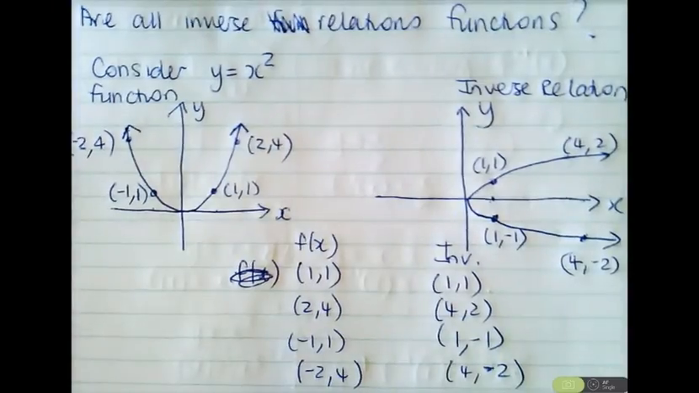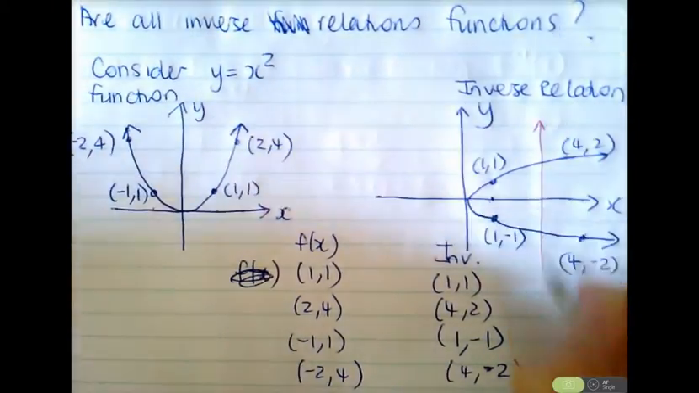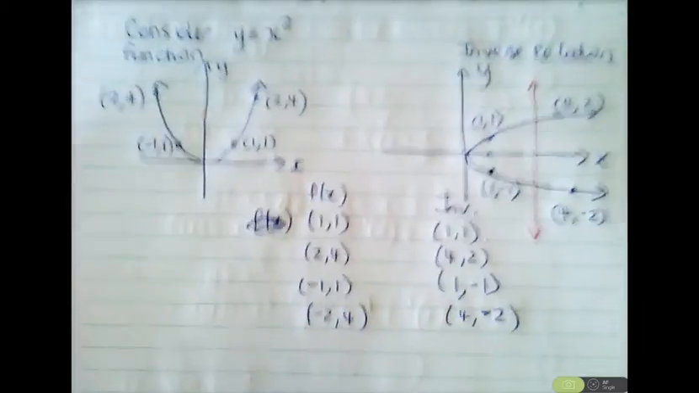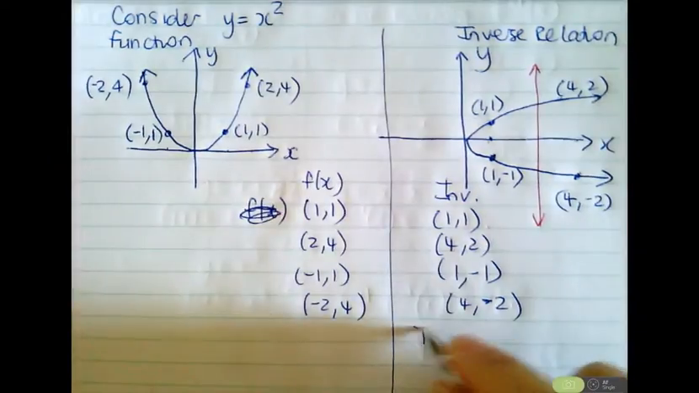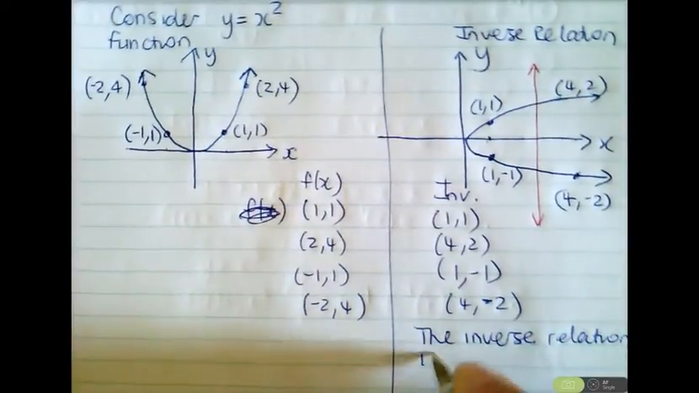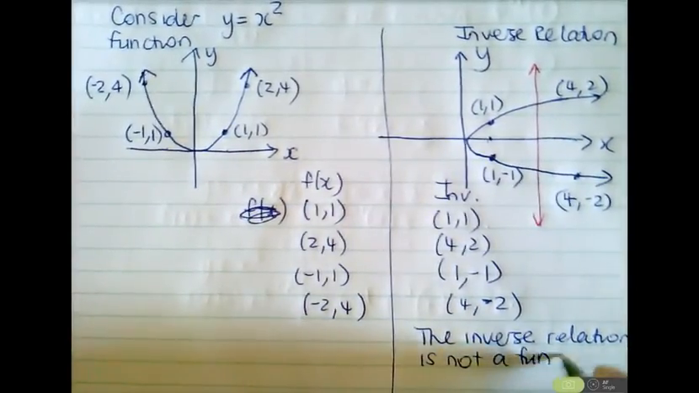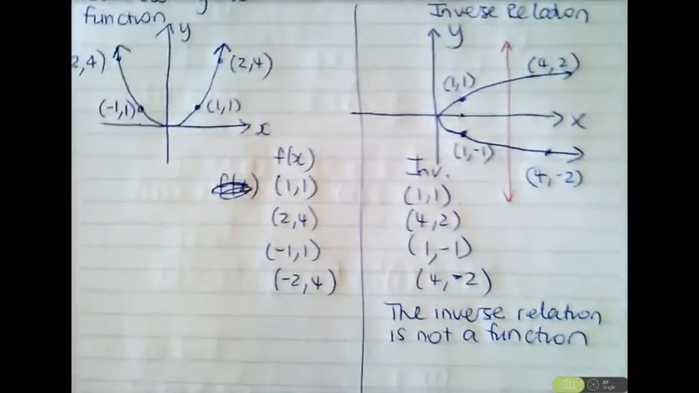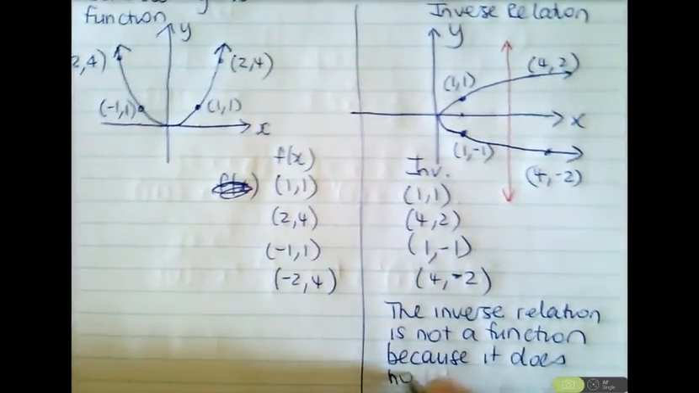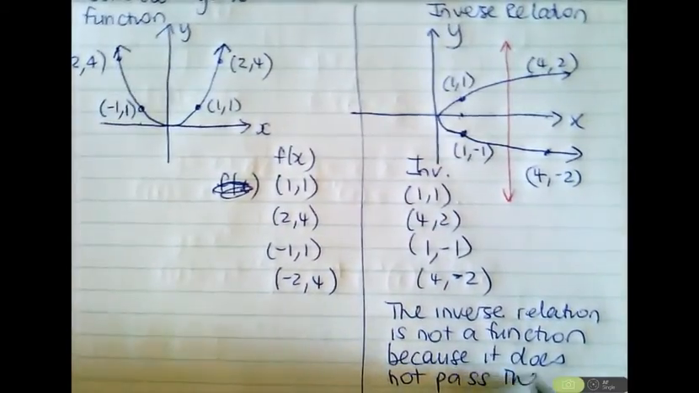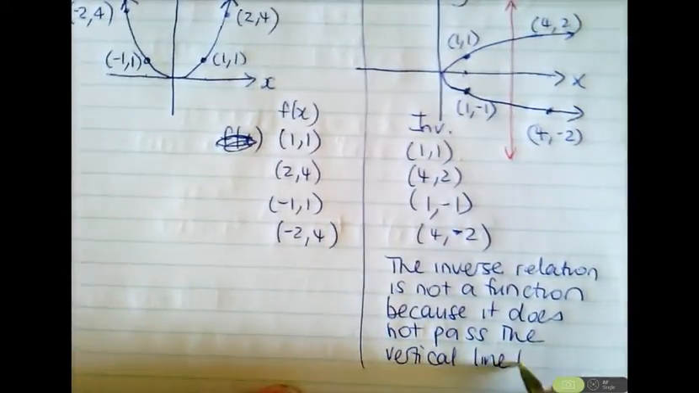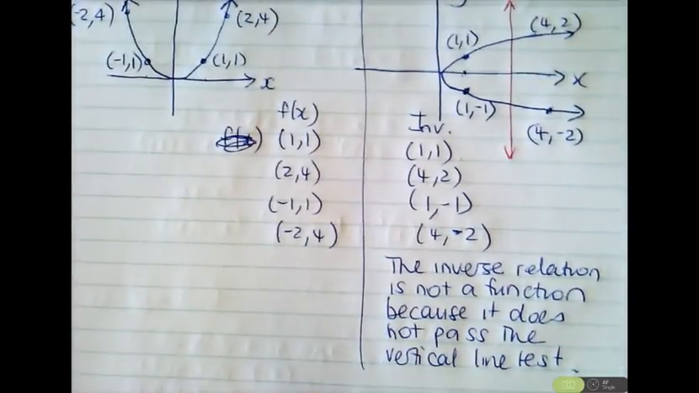Why? So what we do is, we need to write: the inverse relation is not a function because it does not pass the vertical line test. Now, instead of going to all the trouble of drawing the inverse relation and then deciding,